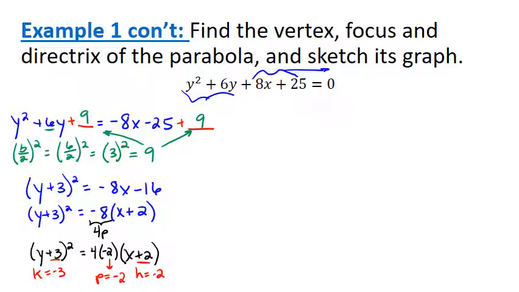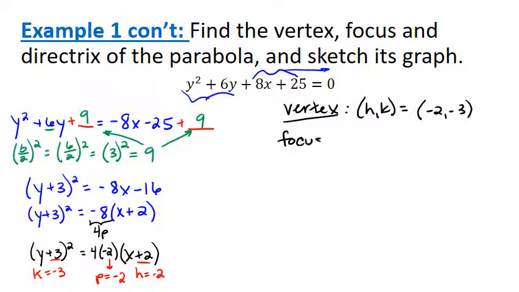Okay, so I have everything I need. First, the vertex, again, is h, k. So my vertex in this case is negative 2, negative 3. The focus here,